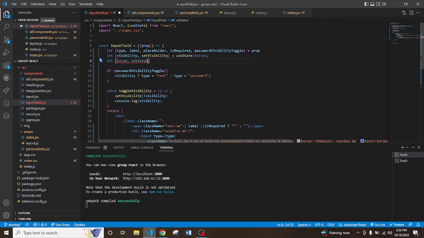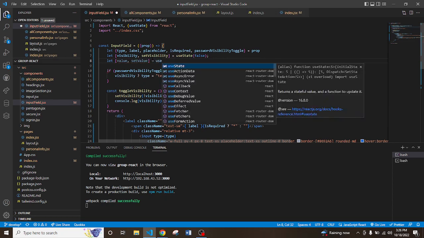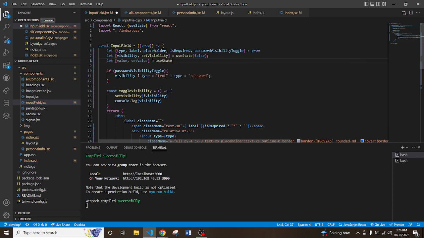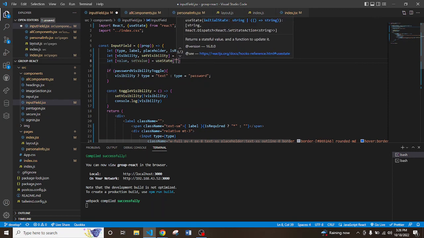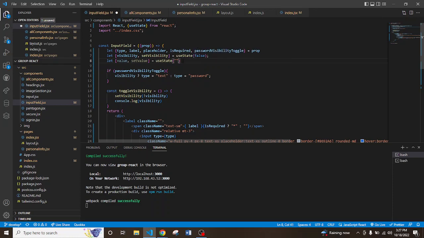So you see, the thing you write here is up to you to set it. Like, it's not a fixed something. So instead of doing this, you can choose to say useState and then you now put this